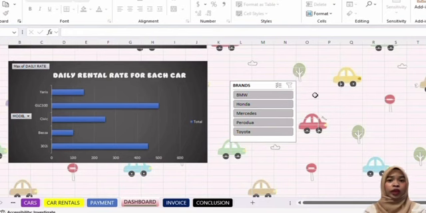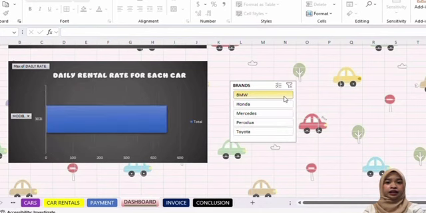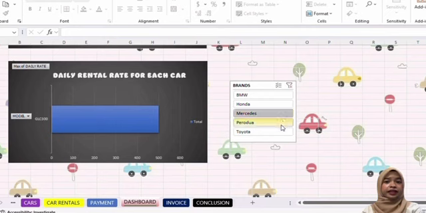To enhance user interactivity, we have also added one slicer, which is brands. This slicer allows users to filter the chart by car brand, enabling a focused view on the pricing of specific cars. This visualization helps us to assess pricing strategy and identify which car models are positioned at higher or lower